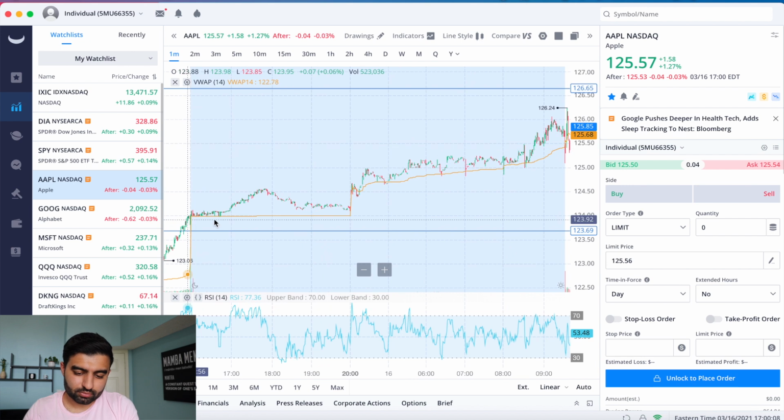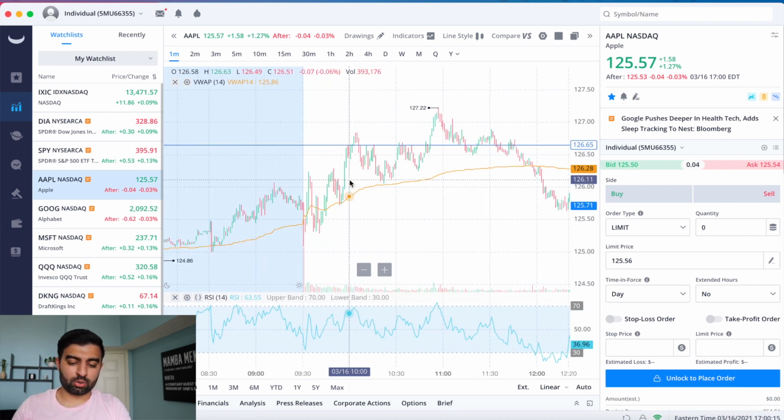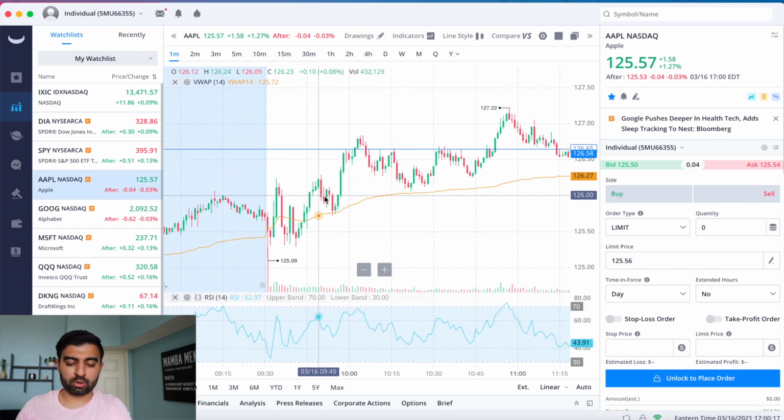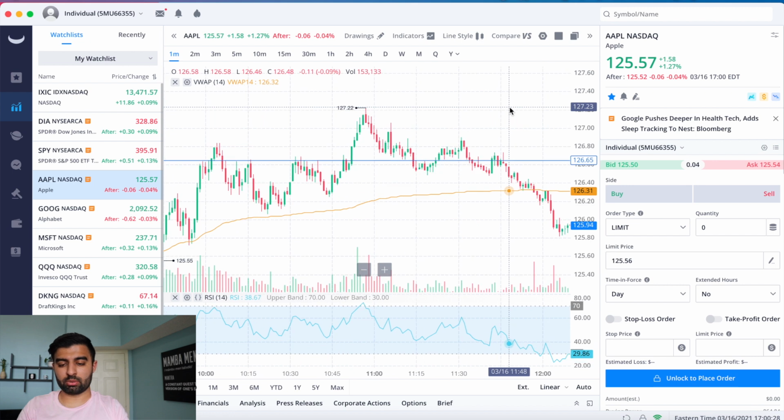So yeah, we pushed up, gapped up just a little bit, right? And then we started to push up in the pre-market. And right out of the gate, we played around VWAP for about half an hour or so. Then we made a push at the 126.60s level, barely made it above, came right back down, bounced off VWAP, again rejected by this level, came down, and then we pushed up